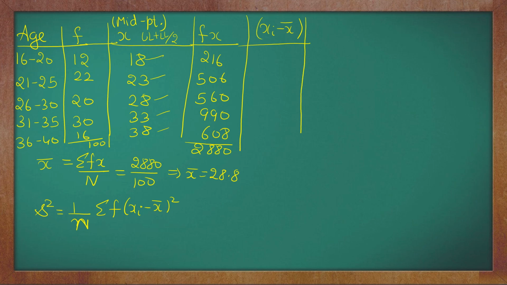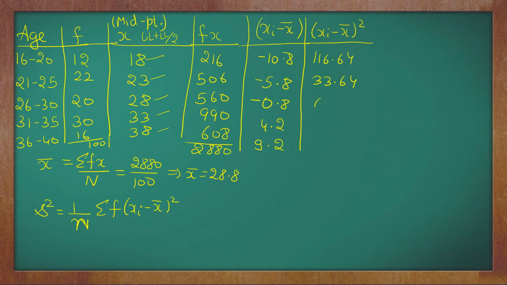I am getting minus 10.8 because 18 minus 28.8, then minus 5.8, minus 0.8, 4.2 and 9.2. What is xi minus x bar whole square? 10.8 whole square is 116.64,